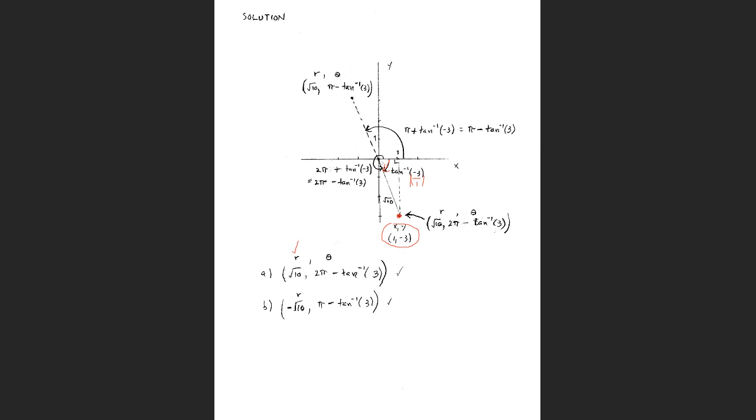So, of course, if we were to have our calculator in radian mode and type in the arctangent of -3, we would get some value. But WebAssign wants exact values, so we're not going to do that. But for part A, remember, WebAssign wanted an angle between 0 and 2 pi, between 0 degrees and 360 degrees. Is this angle here,